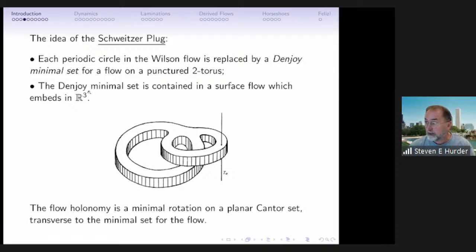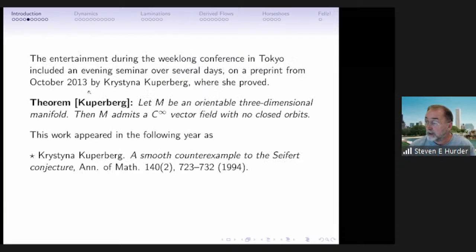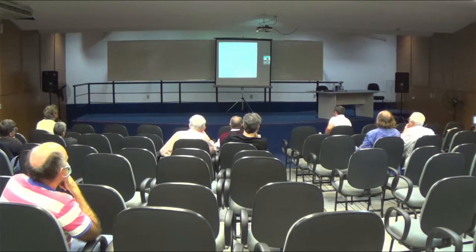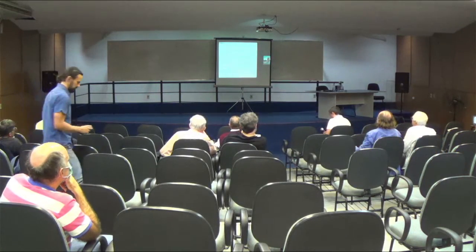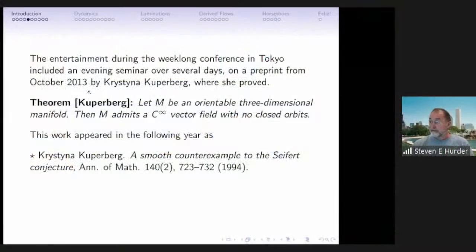And what the seminar did was examine a paper that had arrived, either Étienne had it, or somebody arrived at this conference with a manuscript that Krystyna had sent out to 60 people, I think she said, of her construction of a smooth counterexample. Now, there's a lot of history to this, and it's fascinating because of the drama in the fall of 1993, as this paper made the rounds and was presented in seminars in Berkeley and everywhere.